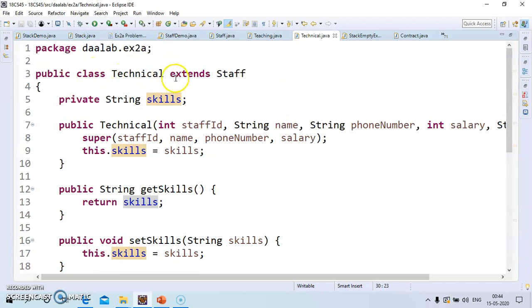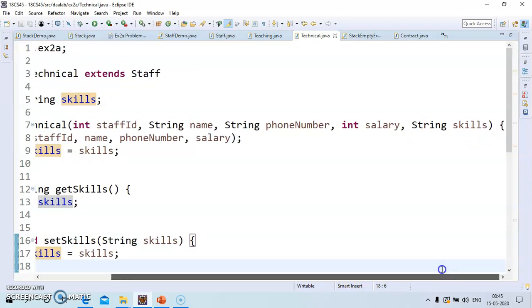Public class technical extends staff. Okay, and this is having a skills property, this is extra. So we are borrowing these 4 properties from the superclass, that is staff ID, name, phone number and salary. And next the skills is coming from the same class.